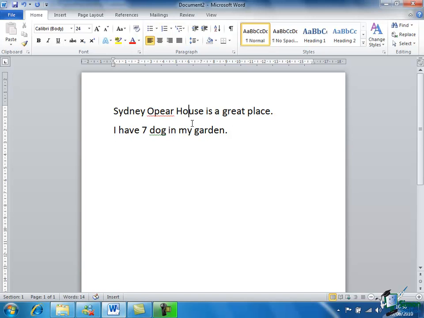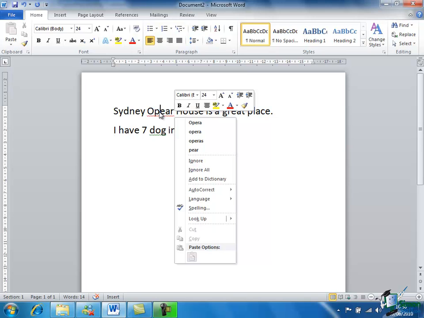If I look at the first one, the word is underlined. Clearly there's a spelling mistake there. Word does not automatically correct a capitalized letter like this, a proper name. But if I right click on the word, it offers me some alternatives to correct it, and there is one,